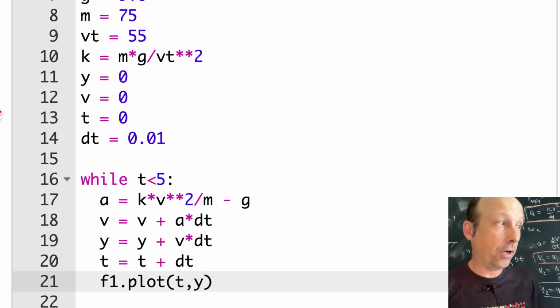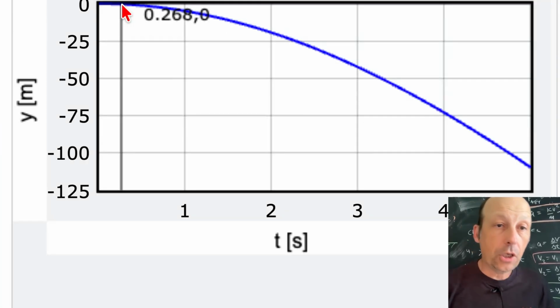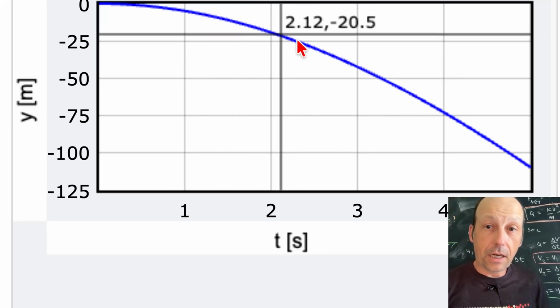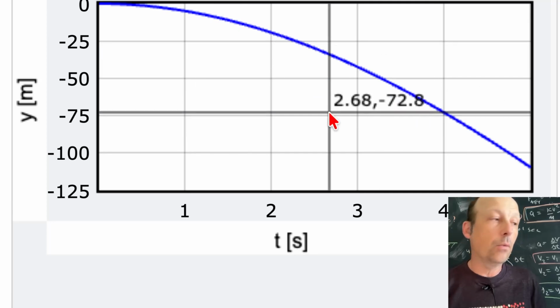See, it's not that bad of a code. There's not that much there. There we go. So falling, it looks like a parabola, right? It's kind of hard to tell, but over here it seems like it's much straighter than it should be, which is good because we want it to reach terminal velocity. Okay. Now,